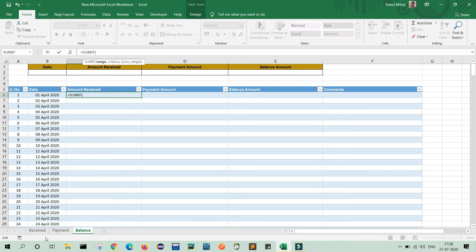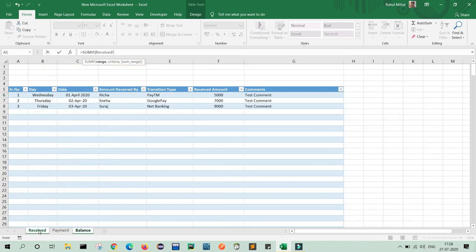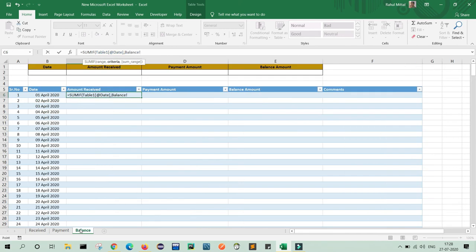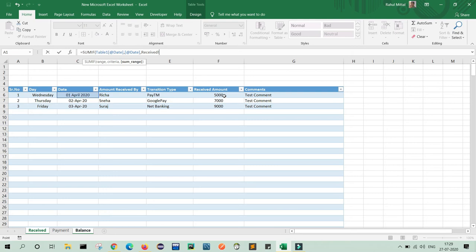This is our received section. My date is my first range, so I will select date, comma, move to balance. Criteria is this date, so I will select this date, comma, sum range is in received. My amount is my sum range. So click my amount, close the bracket, and press enter.